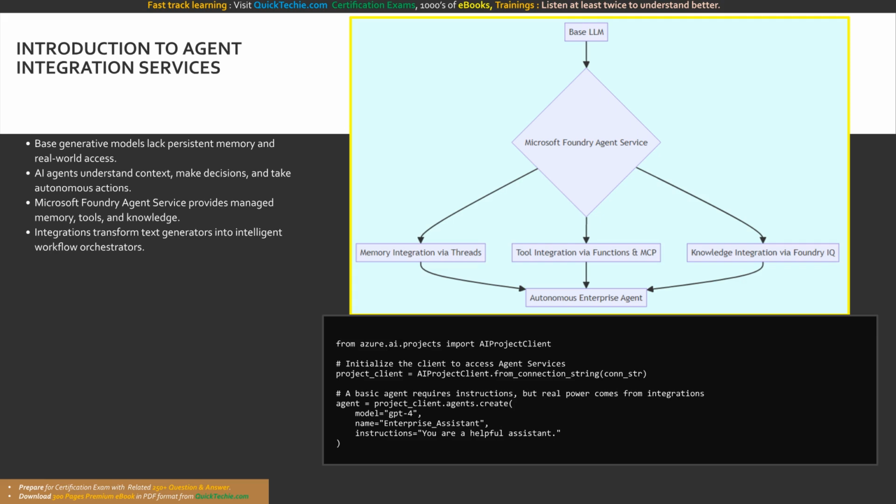By default, a generative AI model is a highly capable text generation engine, but it operates entirely within a strict knowledge boundary. It can only reason over the immediate prompt it receives and the data it was originally trained on. Without external integrations, it cannot remember past interactions, it cannot browse the internet, and it certainly cannot look up your private enterprise policies. To transform a base model into an intelligent, autonomous agent, you must equip it with memory, tools,